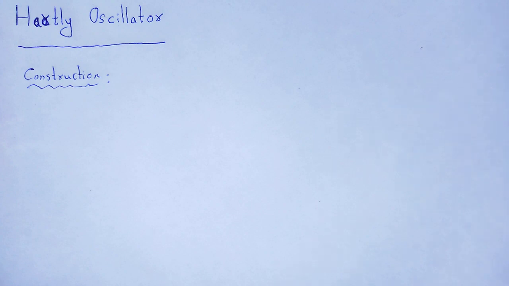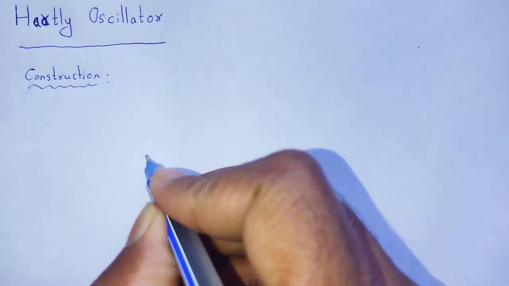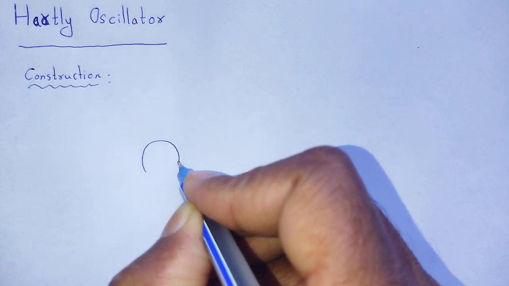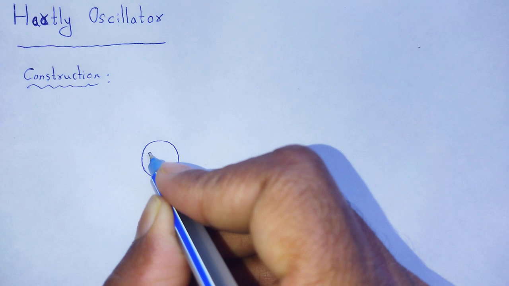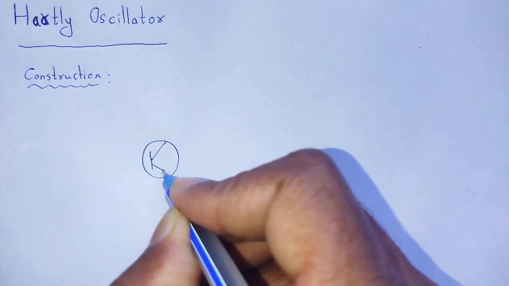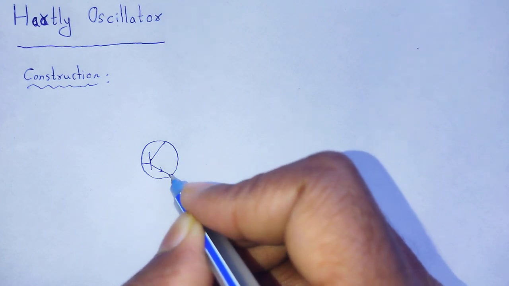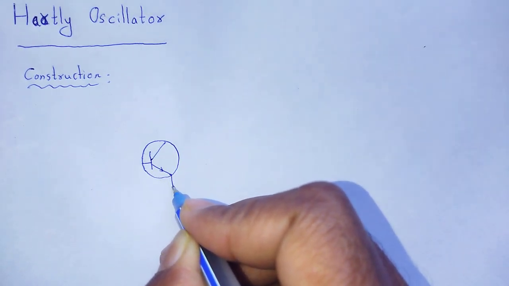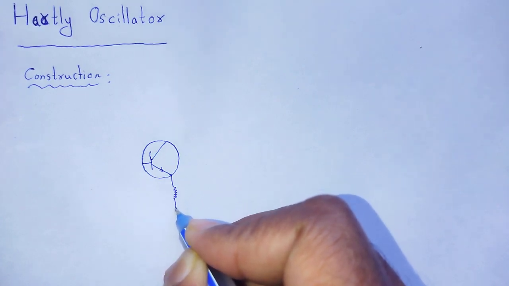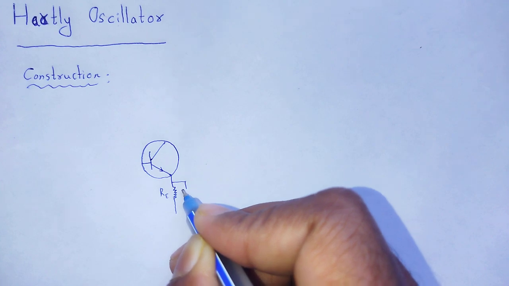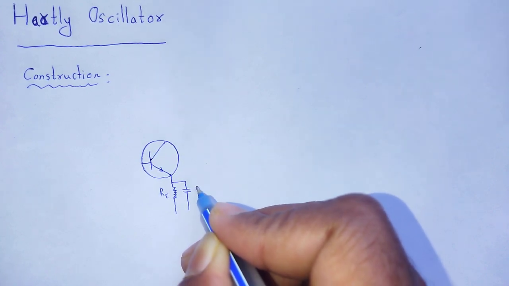As it is an oscillator, it is a combination of amplifier plus feedback network. We have an NPN transistor in common emitter mode configuration. Emitter resistor RE, bypass capacitor CE,